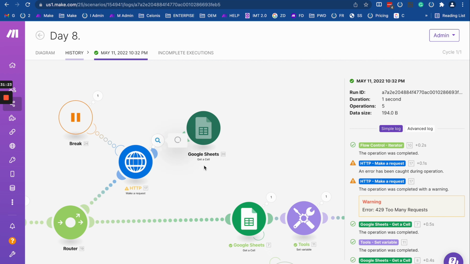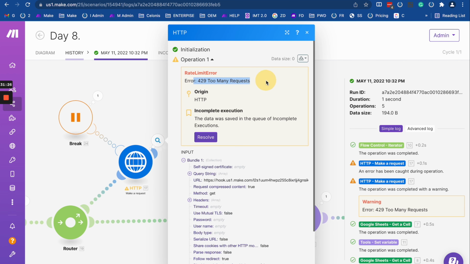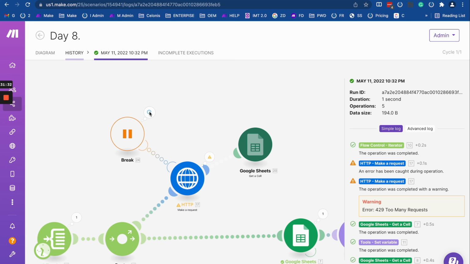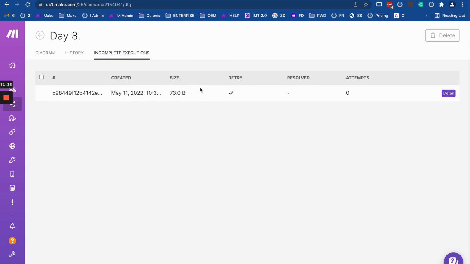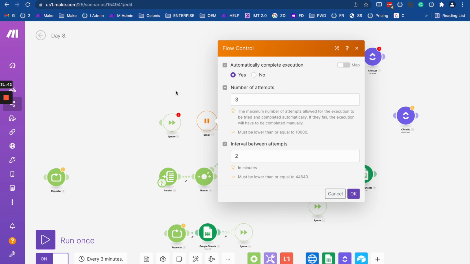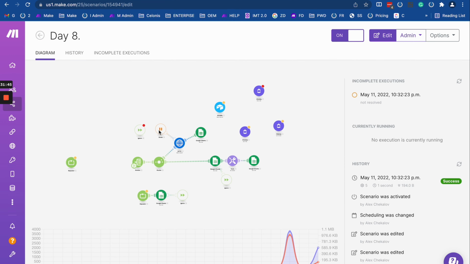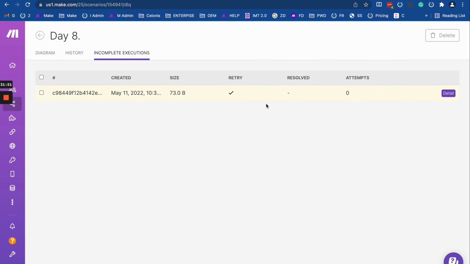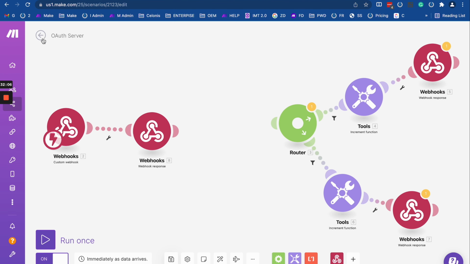So we got an error, right, from our server which returns 429 that was saved in incomplete execution, right? So you see the system saved it. So now we have actually 3 attempts, right? How many attempts did we say? It was 3 attempts, yeah. And our interval is set to 2 minutes. That means my system will take this incomplete execution and will try to resolve it 3 times with the interval of 2 minutes, okay? So we can just try to rerun this,